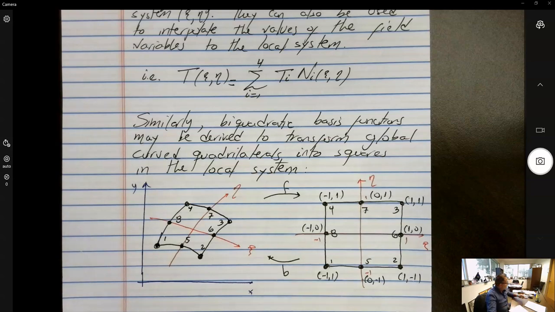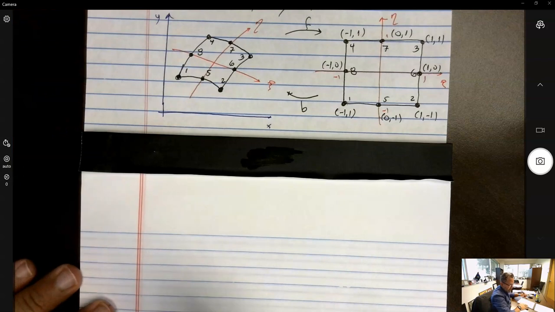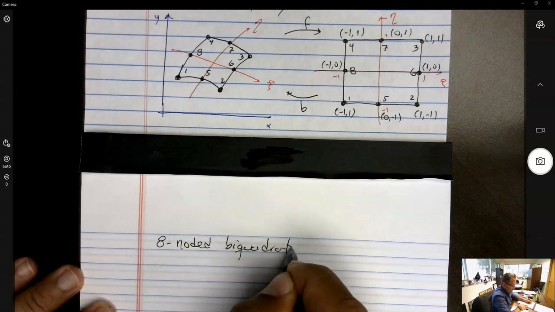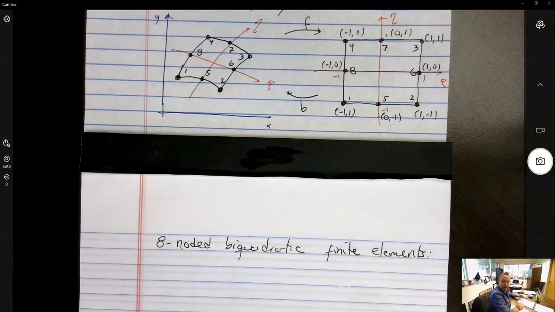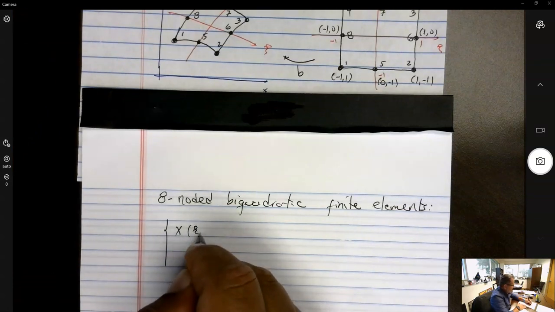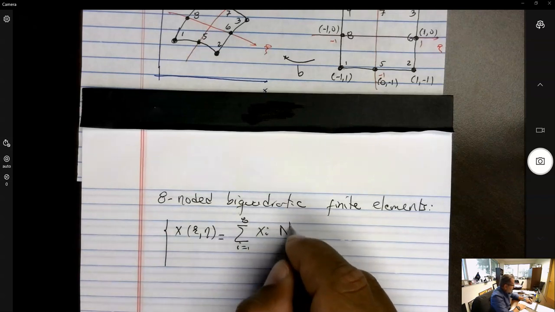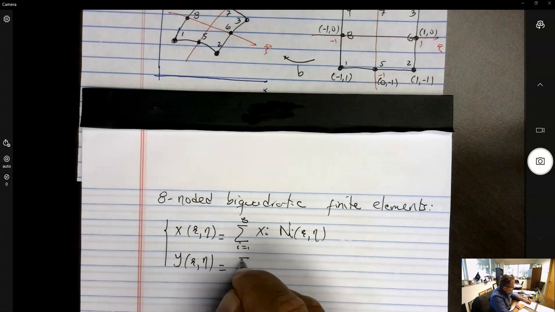So these 8-noded biquadratic finite elements map out to the global coordinate system, the backward transformation, as x of psi and eta equals the summation from I equal 1 to 8 of x_I times the shape function of psi and eta. Y of psi and eta is equal to the summation from I equal 1 to 8